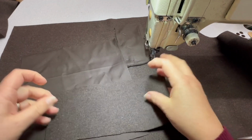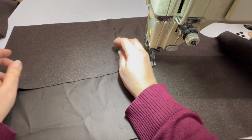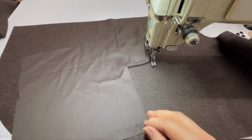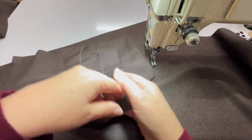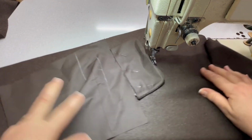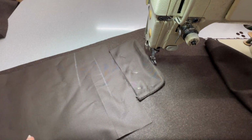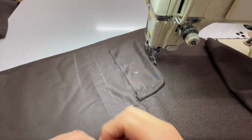I'm going to use one of them as a facing on the back, which I'll explain in a moment. So that piece and one of my pocket bags I'm just going to put out of the way for the minute, and then the other pocket bag lining I'm going to line up right sides to right sides. If you've got a right and wrong side, and you can see I've just got some chalk on that side, so I know that's my wrong side. So I'm going to lay that to match up with the pocket flap,